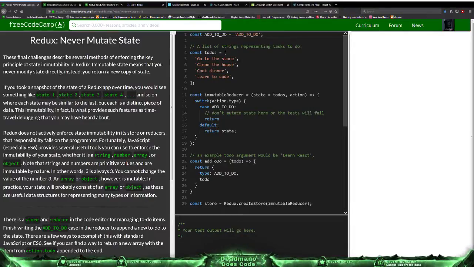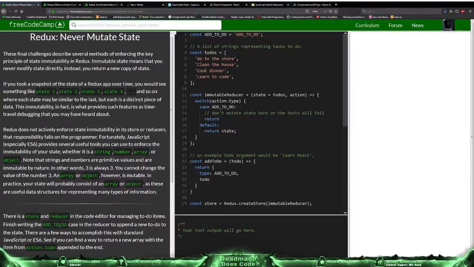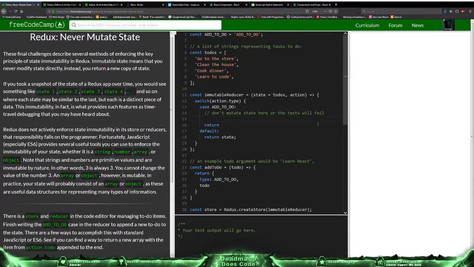In practice, your state will probably consist of an array or object, as these are useful data structures for representing many types of information. There is a store and reducer in the code editor for managing to-do items. Finish writing the add to-do case in the reducer to append a new to-do to the state. Don't mutate state here or the tests will fail. Scary stuff. So if case is add to-do,